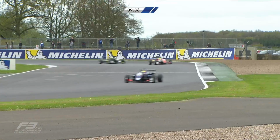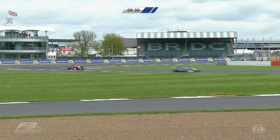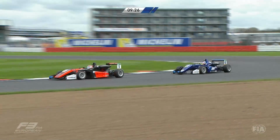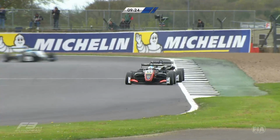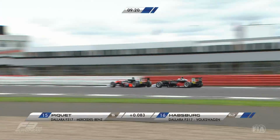The amount of track limits notifications that are coming on the screen, people being watched by race control by the stewards, I would suspect the latter, but we'll find out after the race for sure. Here's Ferdinand Habsburg, number 62, challenging 15th place, Pedro Piquet. And Habsburg